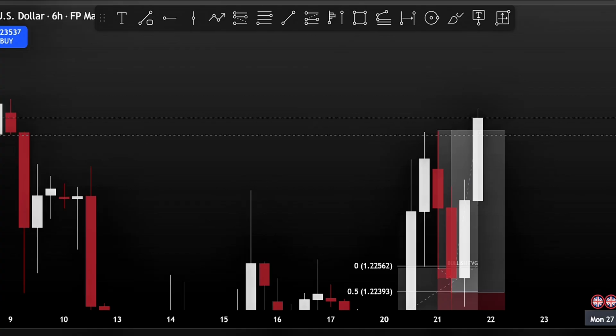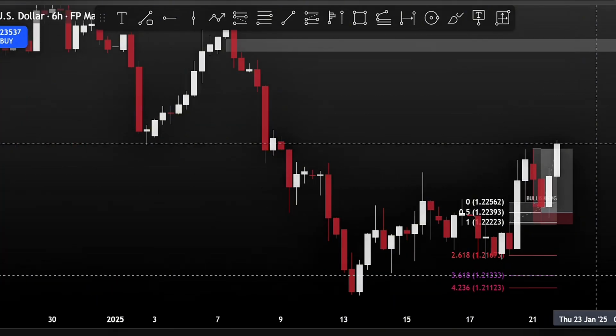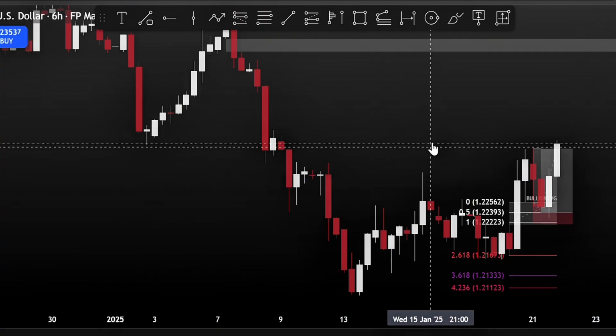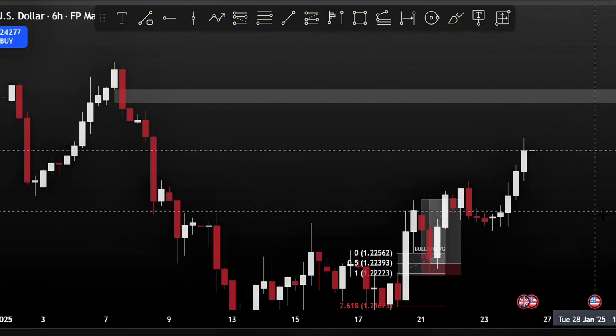But it totally depends on you, whether you want maximum security or maximum risk. So it totally depends on you. After that, the price started moving upward like this. Yeah, it started moving upward, and here,